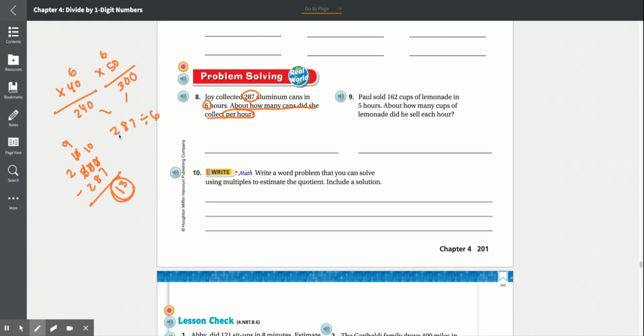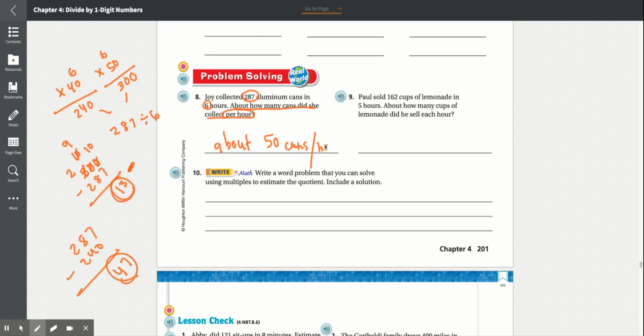So now let's find the difference between 287 and 240. So 287 minus 240. 7 minus 0 is 7. 8 minus 4 is 4. 2 minus 2 is 0. So it'd be 47 difference between 287 and 240. So we can see that 240 and 287 is 47 in between, and 300 and 287 is 13 in between. So you can see that this one has the lesser difference. That means that they're closer together. So we can say it is about 50 cans